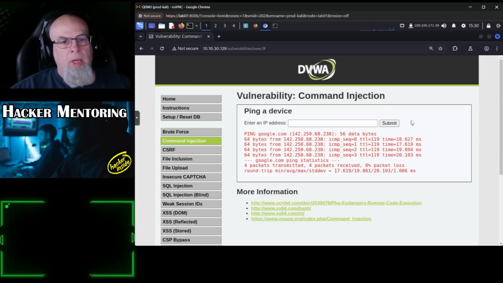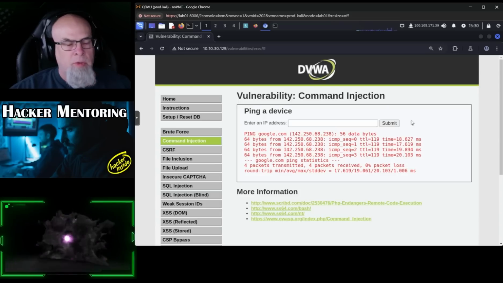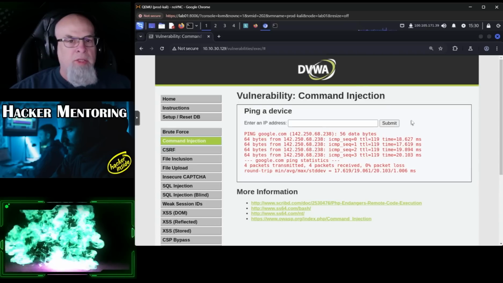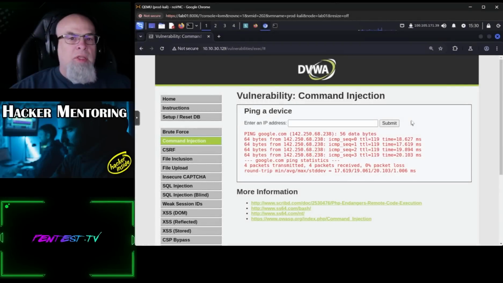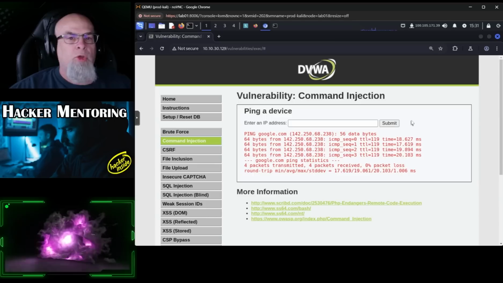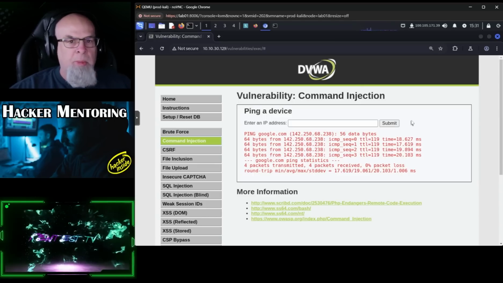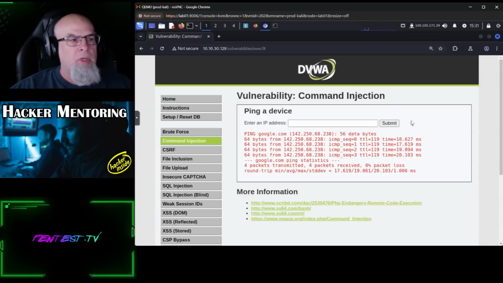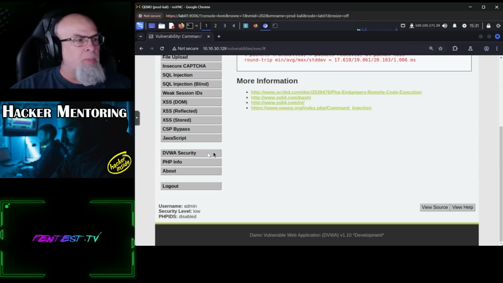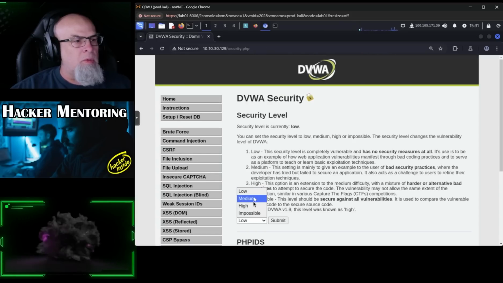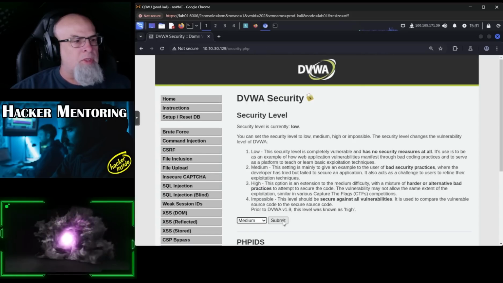All right, nothing came back other than the original ping against Google. So obviously we don't have permissions to look at the /etc/shadow file. Now this was at the low level, so we're going to move that up to medium this time and see what kind of additional security measures they've implemented that might prevent us from performing the same type of actions. So I'll scroll down, go to the security, change from low to medium, click submit,